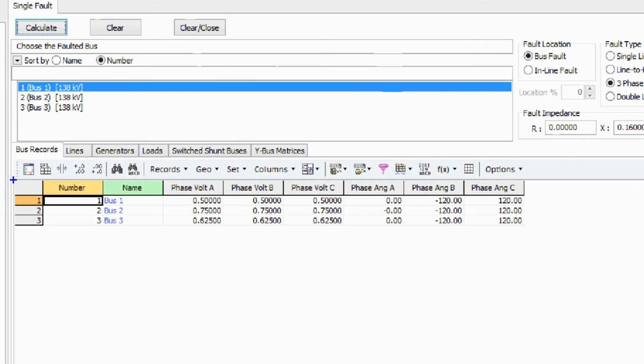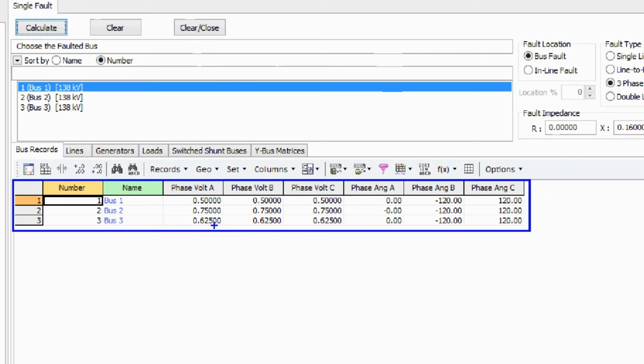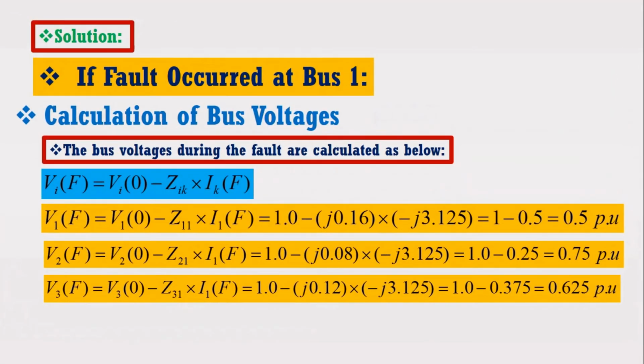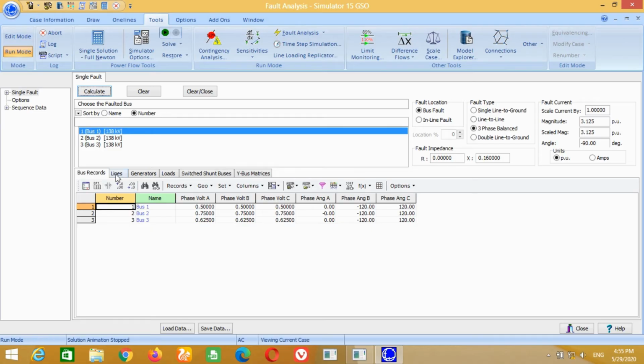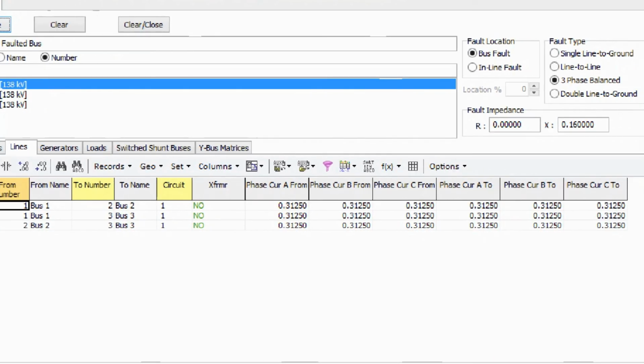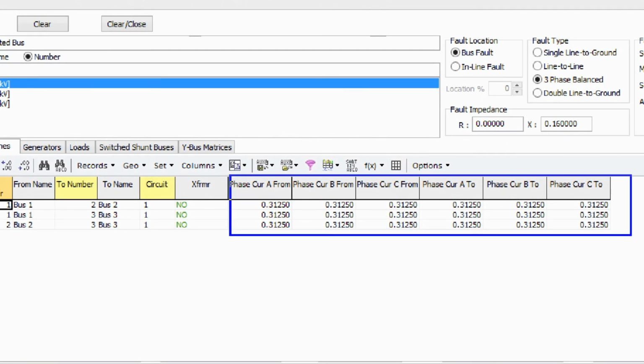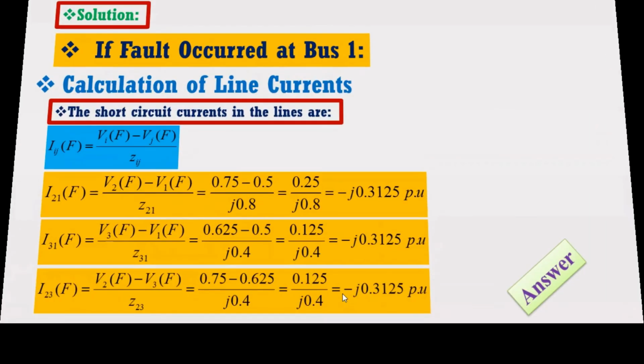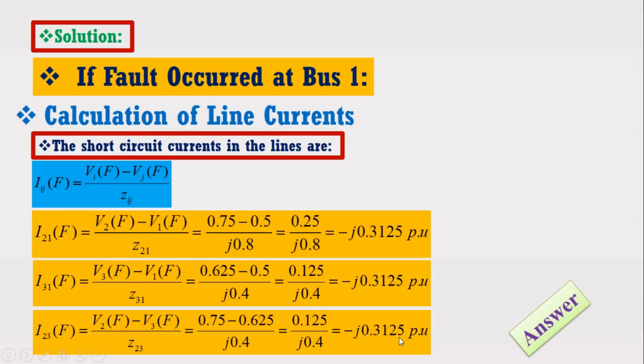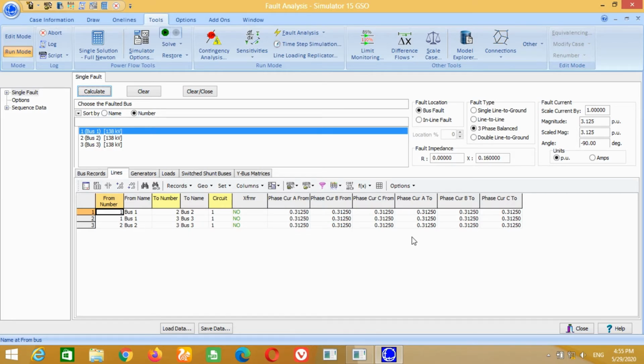You can compare the answers of the fault current, bus voltages and line currents with the answers obtained in the example. It can be observed that all results are correct.